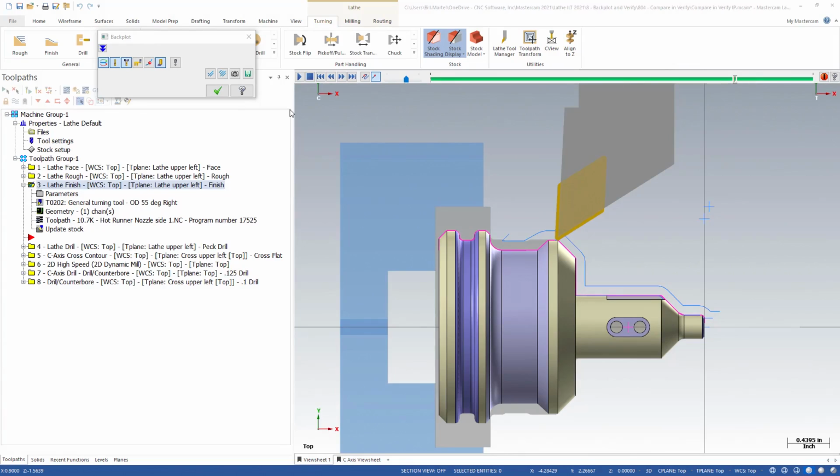In this lesson, we will show how to use Compare and Verify, one of the powerful tools in the Verify app. I have the same part from the last lesson open. I want to show an area that the 55-degree tool did not clean up. So I'm in Backplot, and I'm going to step through. And you can see right here, if I zoom in,